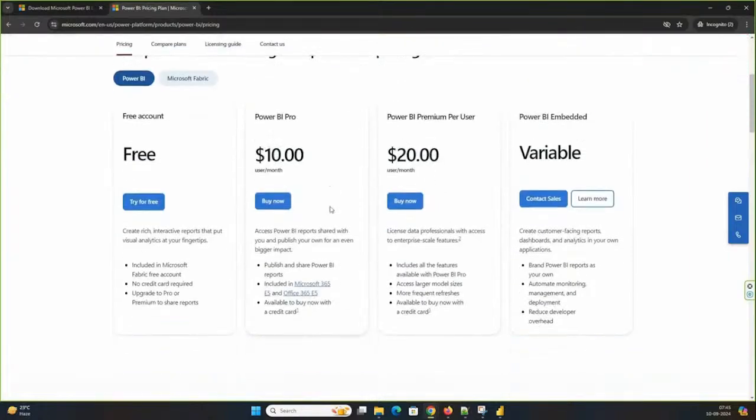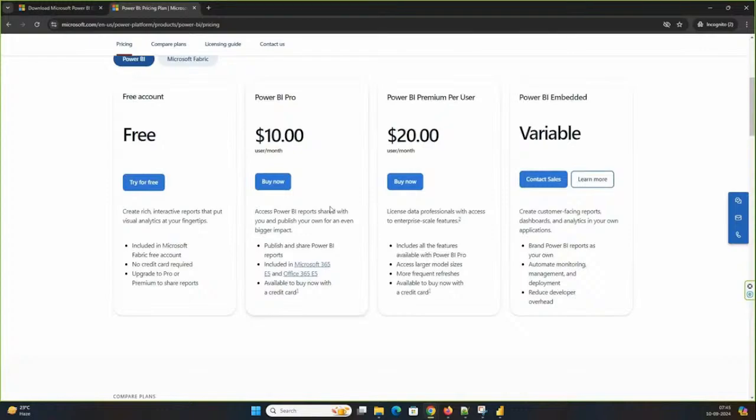In pro license, you can refresh the report 8 times. In premium license, you can refresh the report 48 times in a day. Okay. In a pro license, you will have 10 GB of server space and one report, when I mean one